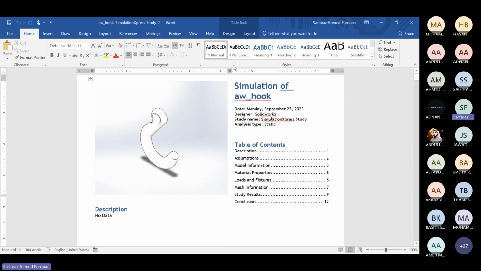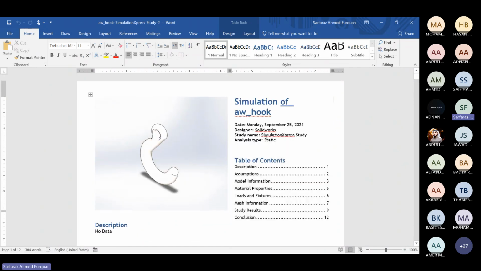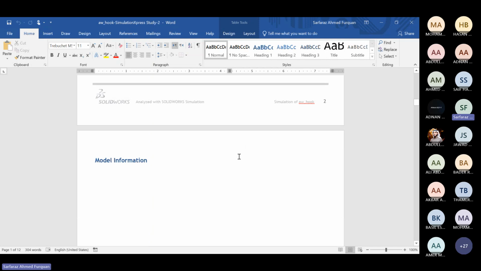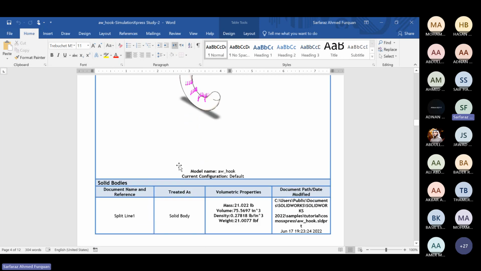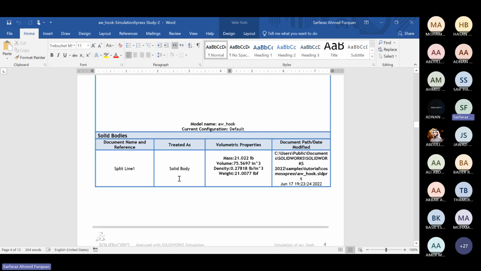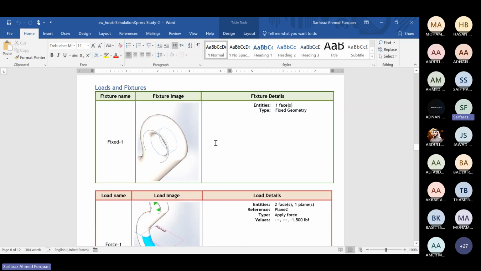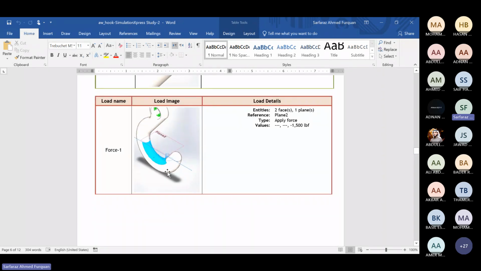The date on which it was generated, the title that we have given, the table of contents. We have this as a static analysis, so the analysis type is mentioned here, and the study name is also specified. Then if there are any assumptions you can fill them in here, and model information, you can describe the model. It gives you the 3D image with its volumetric properties and the material properties that were assigned. We took it as alloy steel, so it has pulled in the data from its material database. Fixtures are the same as what we have put in, just one fixture there, and the location has been indicated in the figure. We have the forces,